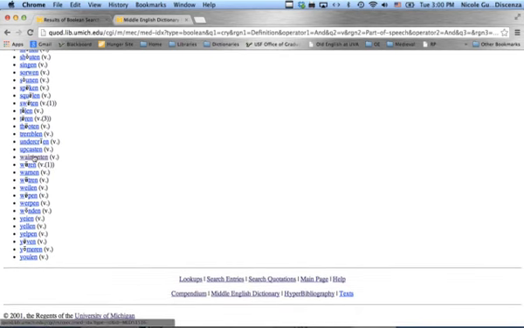The Middle English Dictionary search entries option is a wonderful way of learning more about Middle English words and especially about Chaucer's English. If you want to see one more wonderful thing you can use on the Compendium, tune into the next video for the Corpus of Middle English Prose and Verse.